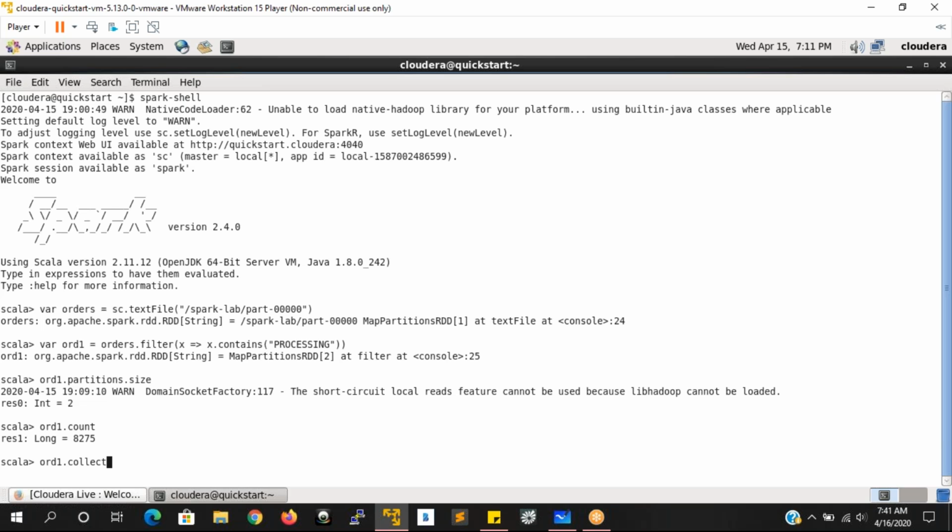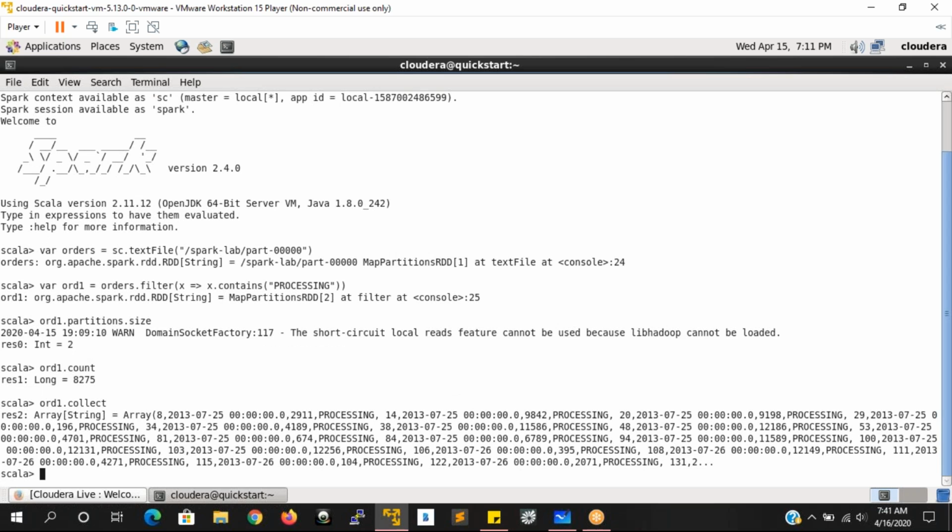So what I'm doing with collect is retrieving the data. When you retrieve the data, is collect an action or a transformation? Say action. When you say action, is it the RDD? No, so how can you say it is array of string? It is going to show you the collection of the data, array of string only, but it is going to collect all the data with respect to that RDD. It is going to collect all the partitions of your RDD.